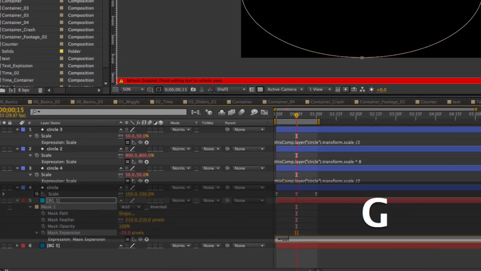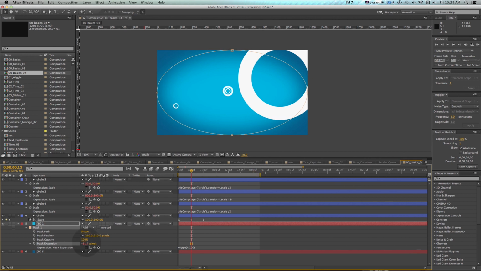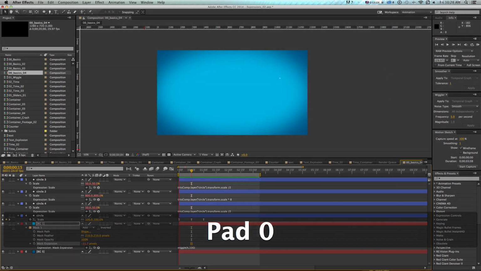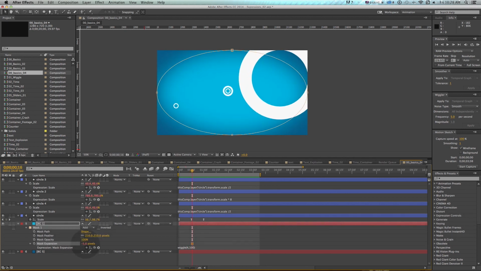I'm going to type wiggle, left parenthesis, 4 as an example. So 4 times a second, comma, units. So 100, right parenthesis. And 4 times a second, it's going to animate above and below the original value of 0, 100 units. So if I scrub through, you can see that the text is now red and it's animating back and forth